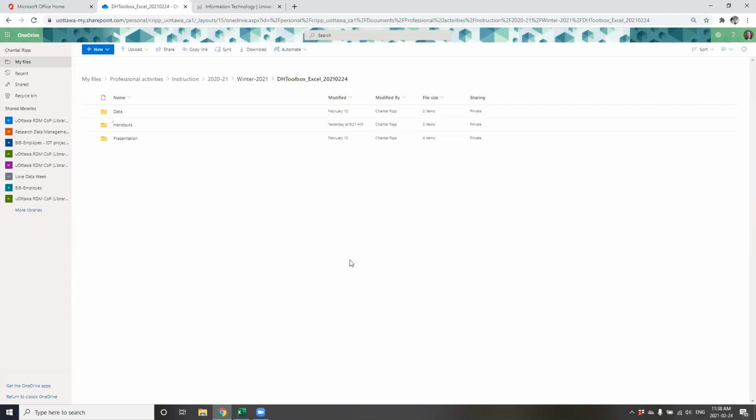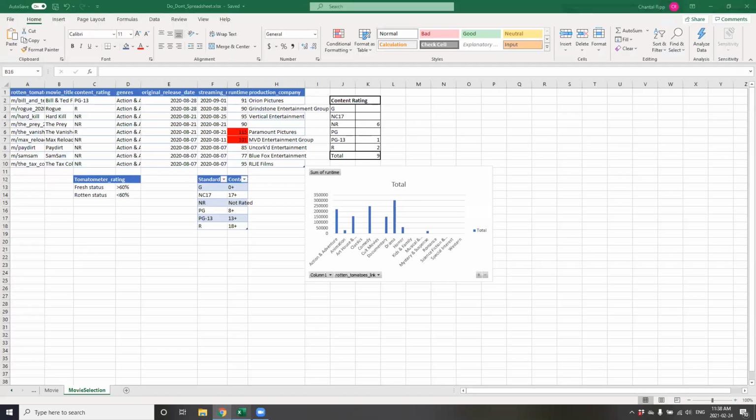I modified the data set that I found on the website to split it up so that we can use it to investigate some of the functions that I would like to show today. So as a first step, I'm going to open up my spreadsheet here as an example.